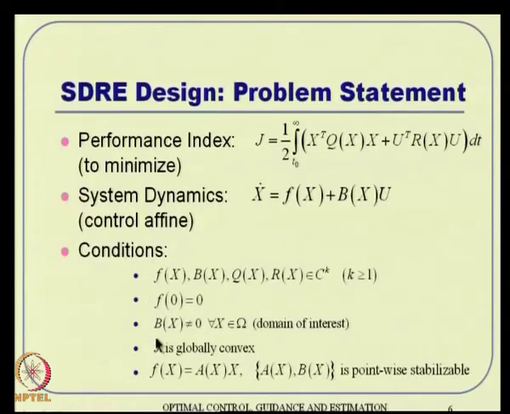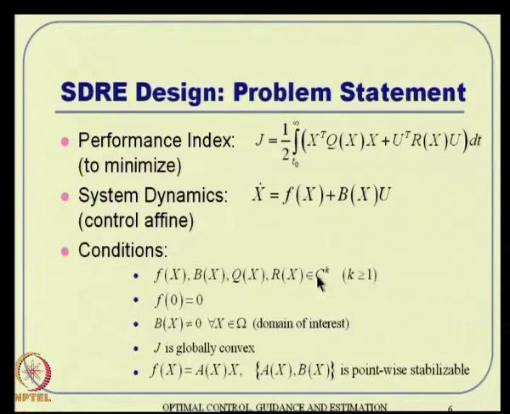So, these are the requirements before proceeding further. In summary, what it means is you should have a control affine system, and you should aim for something like a quadratic cost function. In other words, the aim is to design a regulator where x should go to 0 actually. Then the conditions required are like this: all the things f of x, b of x, u of x